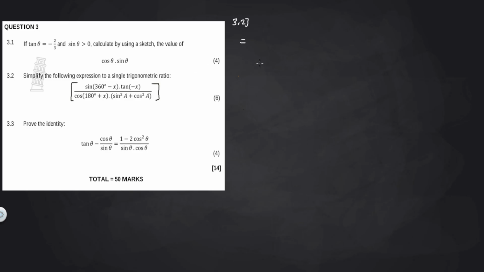And then we're gonna simplify this. So we have a reduction formula. For that sine 360 minus x, that's a reduction formula found in the fourth quadrant. In the fourth quadrant, sine is negative. So we're gonna have a minus sine x multiplied by